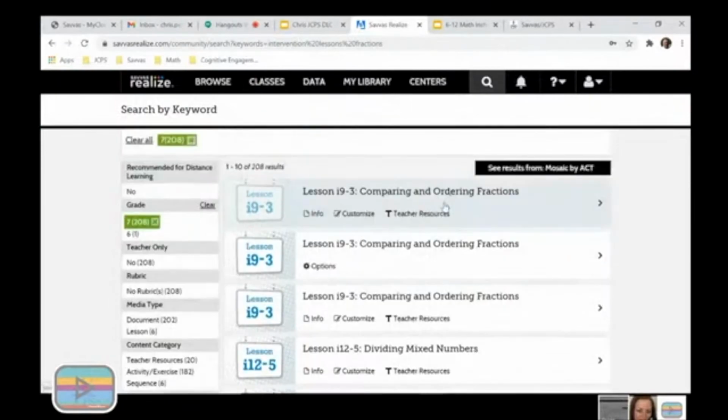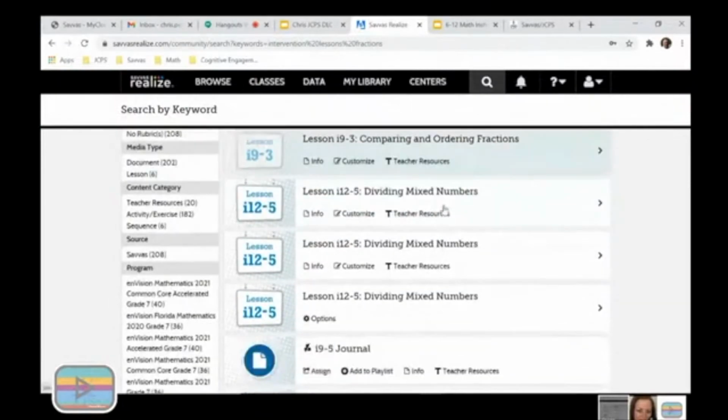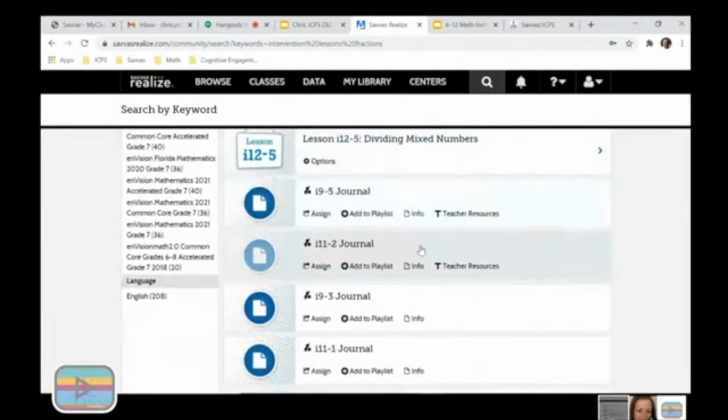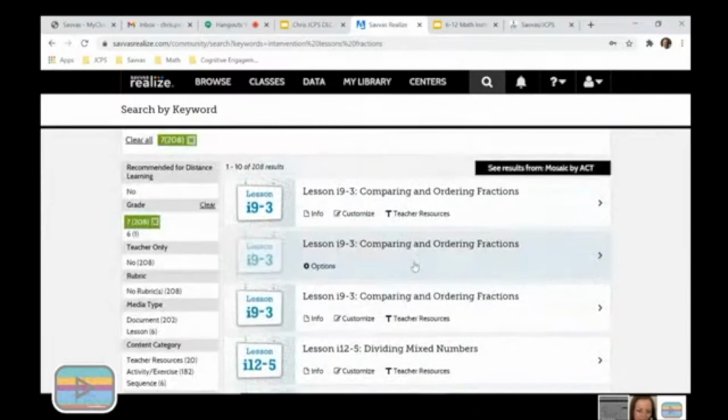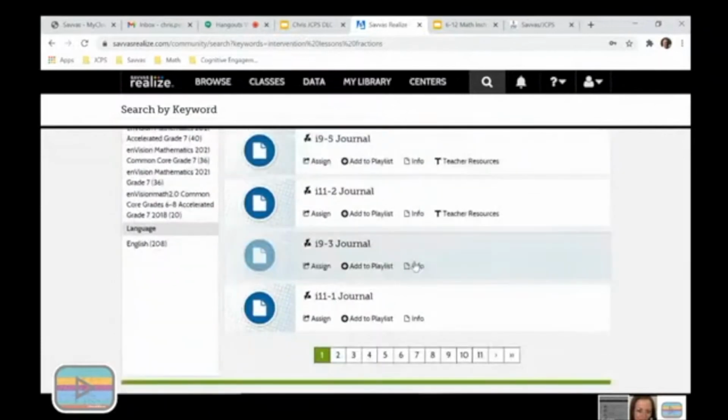These are all of the intervention lessons for fractions in 7th grade. Now, the nice thing about these intervention lessons, you can assign them from prior grades, okay? So if you have students that are on a much lower level in the math world, you can get to the earlier grade level intervention lessons, okay? That's always there for you. Right? But that's a quick way using this magnifying glass to do a search for your resources on the tools,